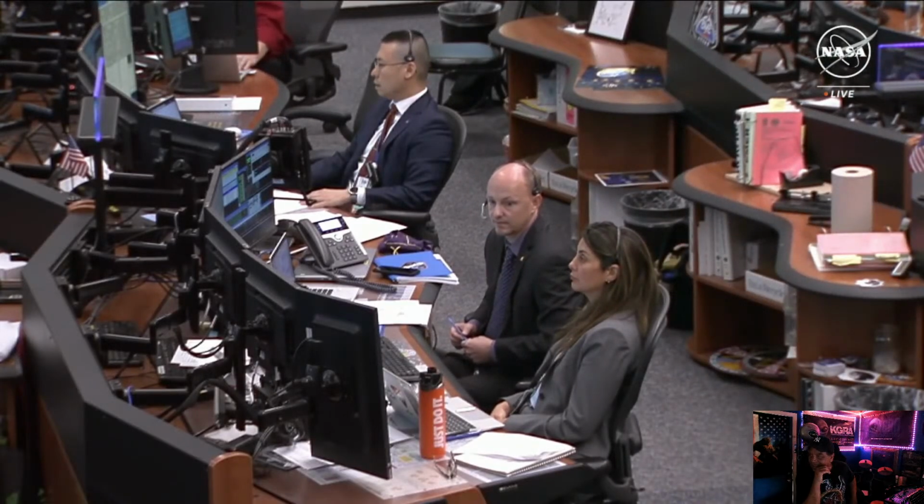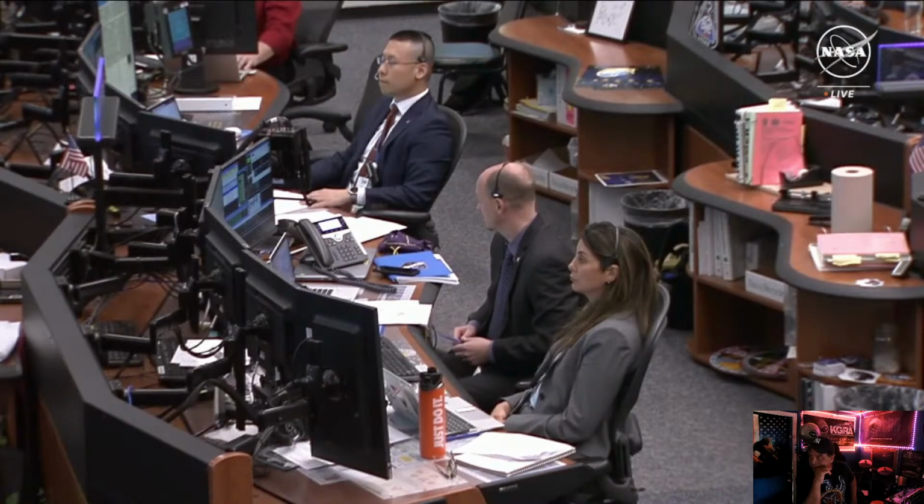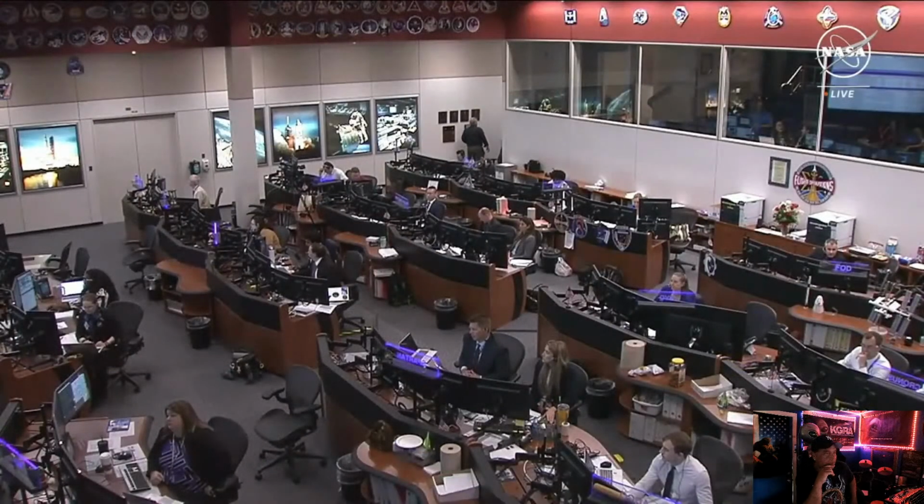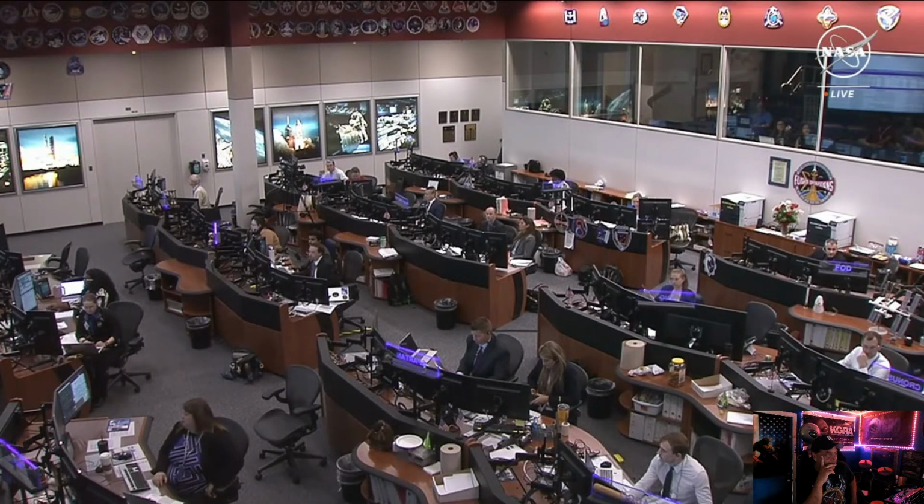Fellow Flight Director T.J. Creamer was just passing behind Vincent LaCourte and Diana Trujillo. Lots of team members here in Mission Control Houston following along through the steps after docking the Starliner to the